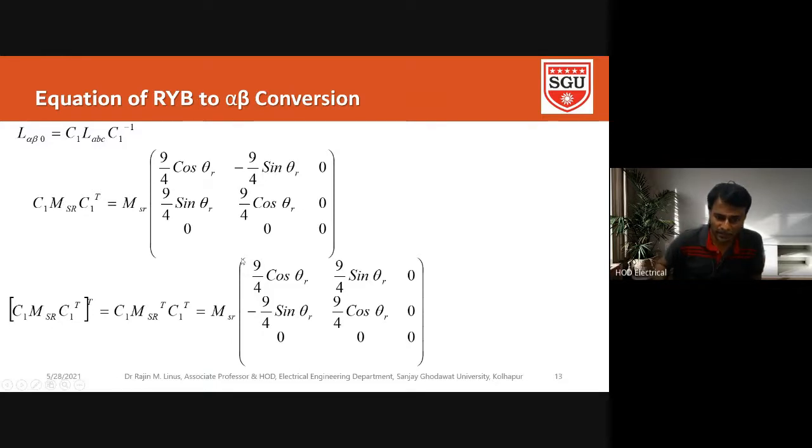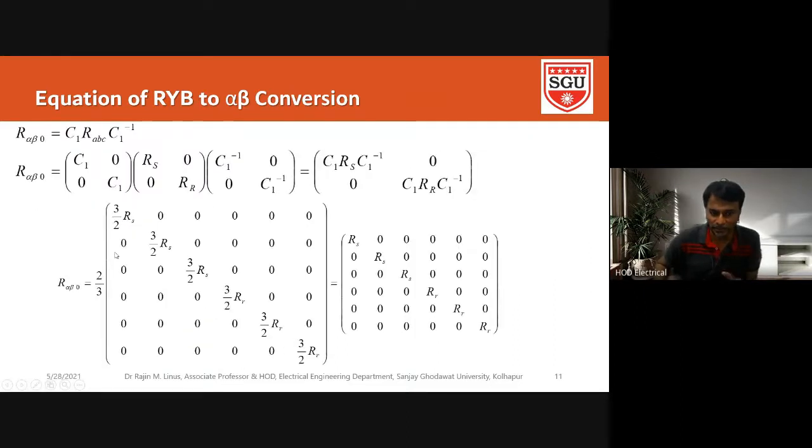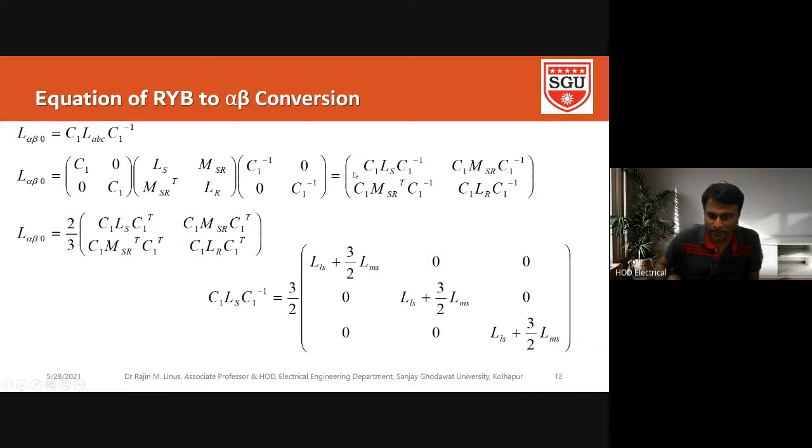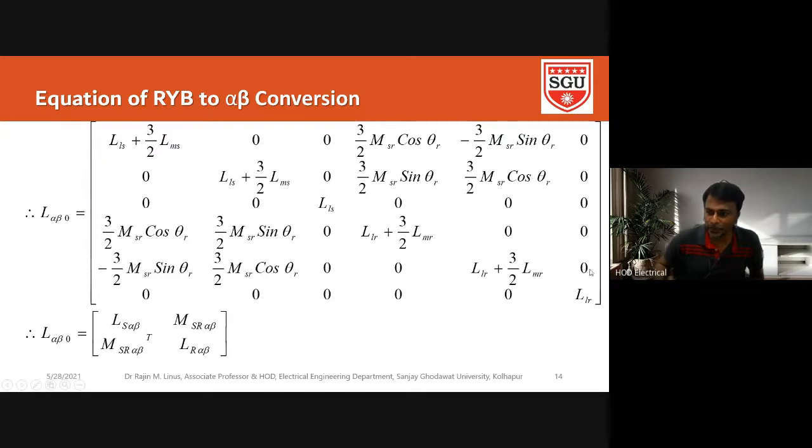We have this matrix. Then the transpose of the transpose gives us the transpose matrix of this matrix. I hope you understand what I am explaining. Finally, we can have this inductance matrix. Initially, after resistance, we derived it separately. We found out what the matrix is, then we derived the individual elements, found out the values, and then distributed them in this inductance matrix.